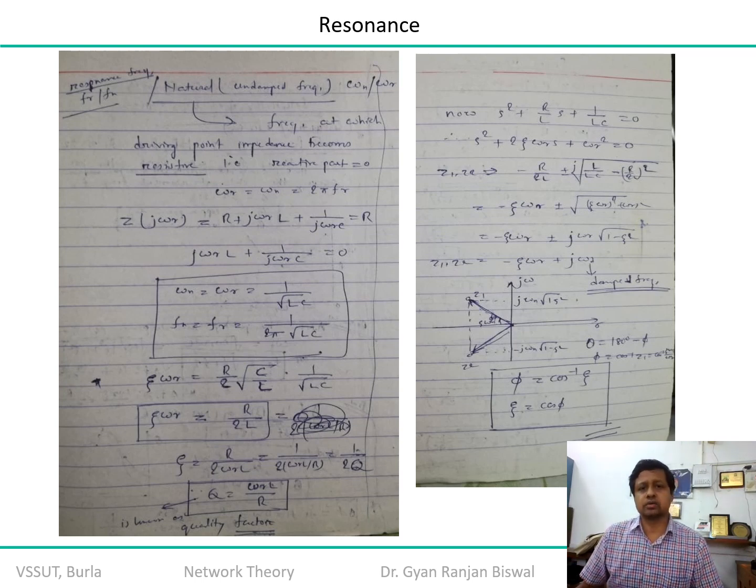Okay, you are getting the highest quality of the response. The frequency where you are getting the highest quality of the response is the quality factor, right? I hope that you will be able to appreciate it. And this S-plane domain expression we have already discussed, where I have already told you that this particular zeta is represented by cos phi, or you can say that phi is equal to cos inverse of zeta. Okay, that is the angle of rotation.